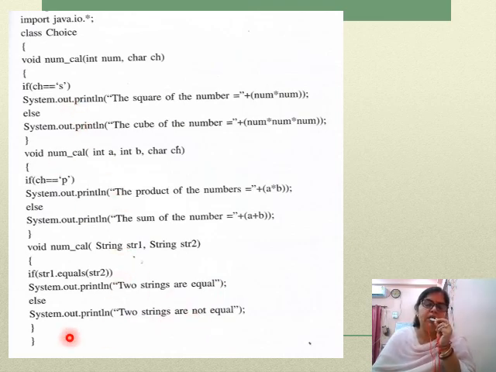Students, pay attention here. Here I have not made a main function, but it is compulsory for you all to make a main function, because in the previous program I have told you two times how you have to make your main function and how you all have to invoke your function. It is compulsory for all the students to make your main function and write down the whole program.